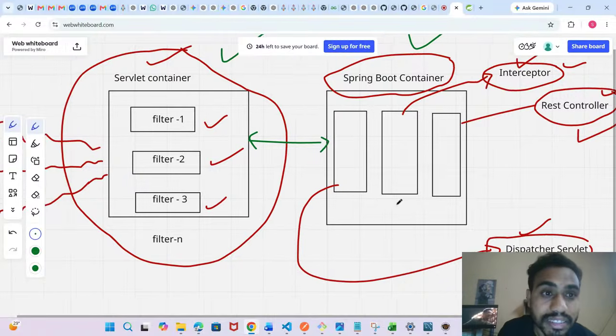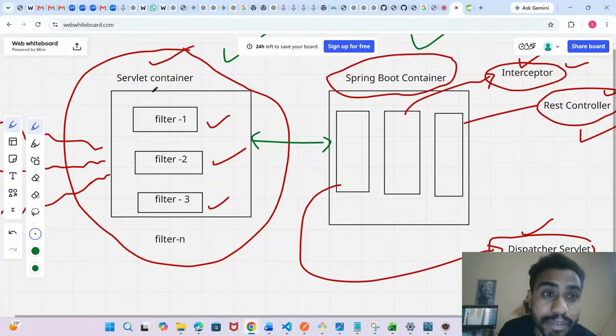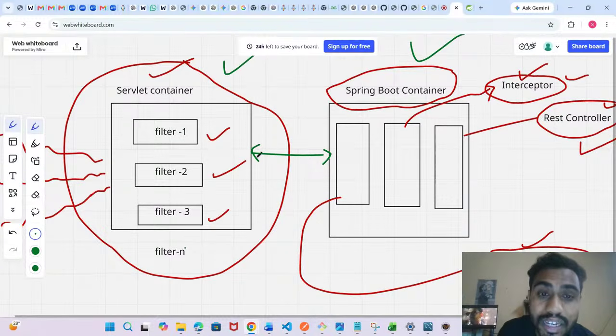My servlet container will have n number of filters, likewise filter 1, filter 2, filter 3, up to filter n. After a few minutes I will explain which kind of filter will fit a particular situation. Based on the situation, the filters will change. I'll explain that flow in a few minutes. But now my point is, who is carrying the control from the servlet container to the Spring Boot container?